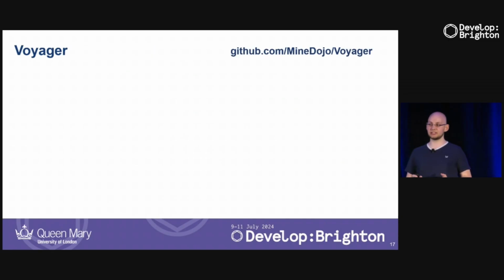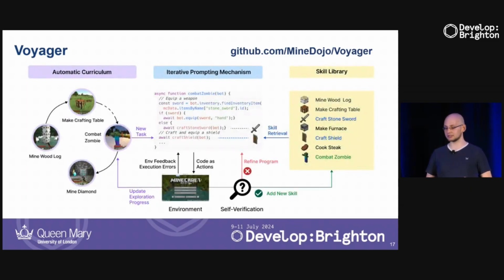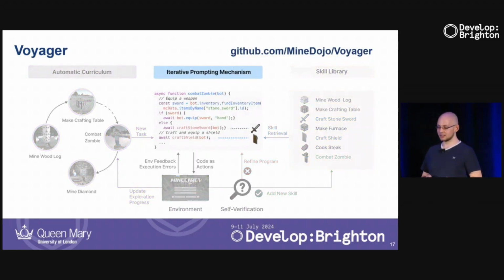I now want to talk about one particular agent, which is called Voyager. That's an agent designed for the game Minecraft, where we have a large language model which we can give tasks, and it then is going to play Minecraft to actually solve that task. And it's very complex on how it actually does that. There are a lot of bells and whistles, but what we want to focus on is just this simple example where the large language model generates code to actually solve the task, meaning we give it some kind of task and the language model generates code that then plays the game for us. So it essentially implements the agents for us instead of us having to write some code ourselves.